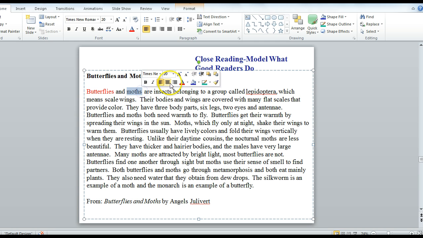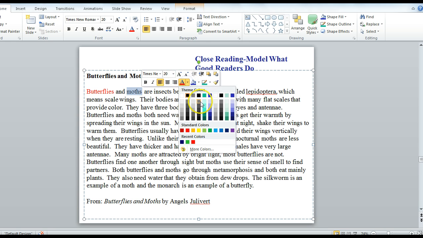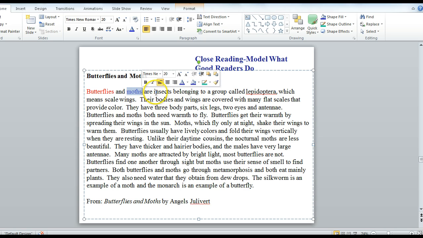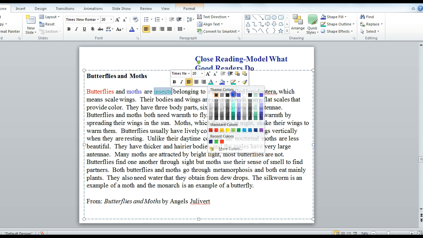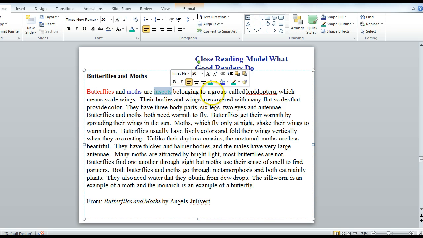We've got two things here, and the "and" tells me they're either going to be similar or different or a little of both. We know that they're both insects. So insects is a word for butterflies and moths because it says they are insects. And then it says they belong to a group called Lepidoptera. So that tells me that Lepidoptera